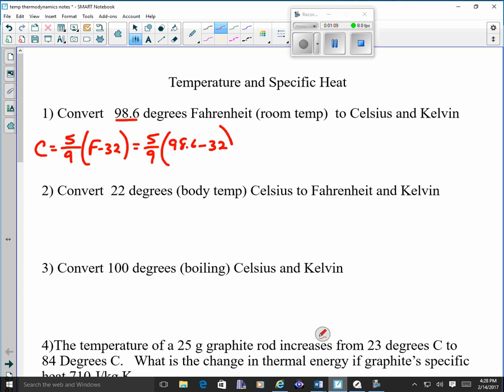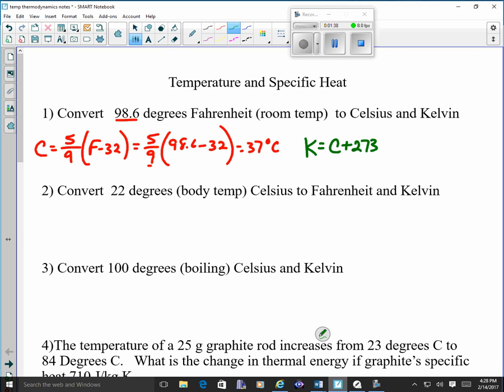Now make sure you do the subtraction first since it's in parentheses. Then multiply it by 5, because 5's on top, and then divide it by 9, because 9's on the bottom. And then you end up getting 37 degrees Celsius. Now to get to Kelvin is really, really easy to do. The Kelvin temperature is always the Celsius temperature plus 273, because at 0 Kelvin, all energy and motion stops